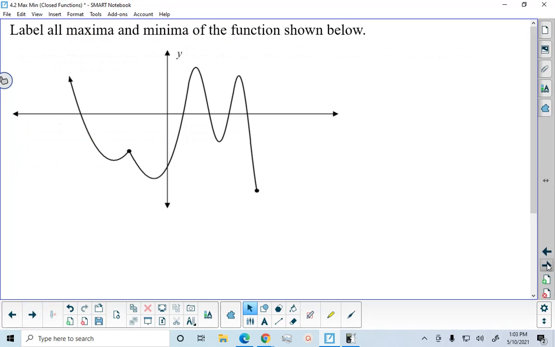we're just going to go through an exercise here where you're asked to label all maxima, which is a way of pluralizing maximum, and minima of that function. And I think the most efficient, reasonable way for us to do this so it makes sense to you is to first of all label all of the points that are going to be extrema. So take a minute and label all of those points. And now we're going to talk about